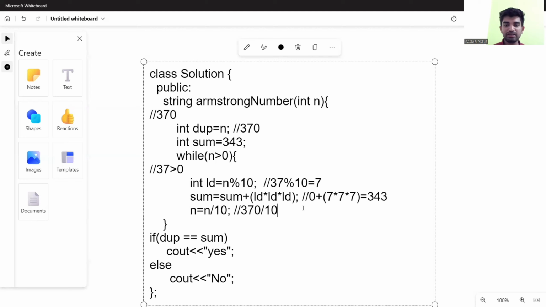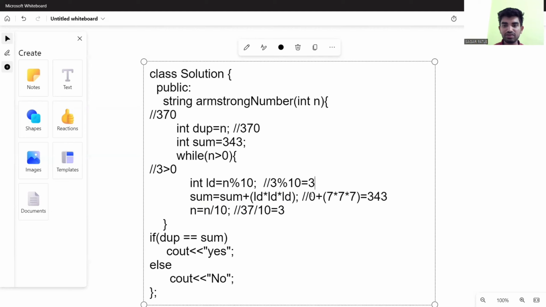And we again trim down the number. So 37 divided by 10, we get 3. Now again we check the condition. 3 is greater than 0. Yes, it is true, so we go inside the loop. Here 3 modulo 10 is equal to 3.